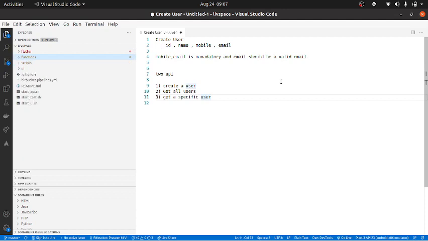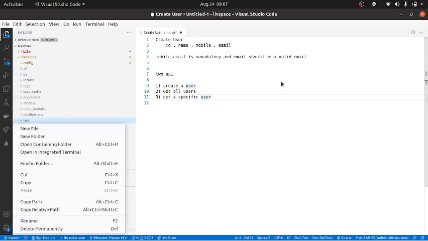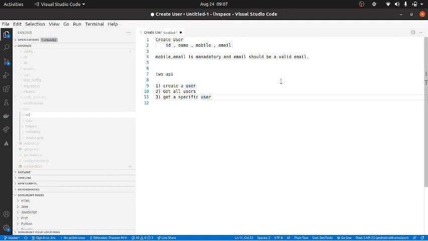So let's go to functions, and in functions, let's go to test, and we don't have resources. Let's create the folder resources, right?